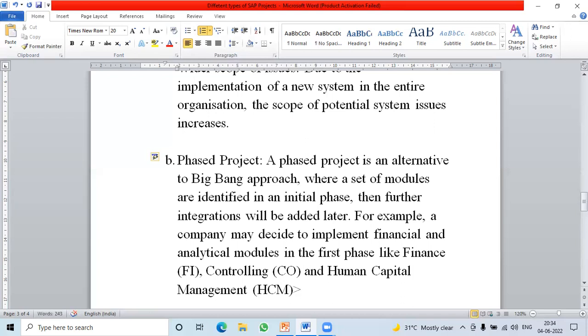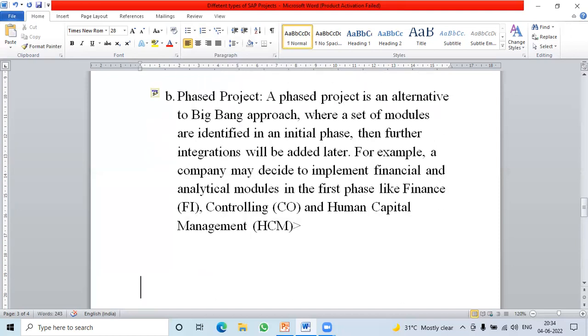In the first phase, they may decide to implement these three modules. This comes under financial and analytical modules. So first FI, finance module, then controlling. After that, they can go for human capital management. Then plan